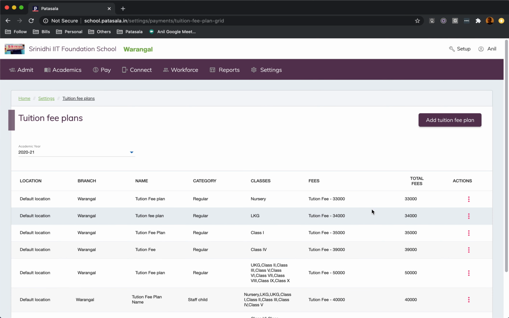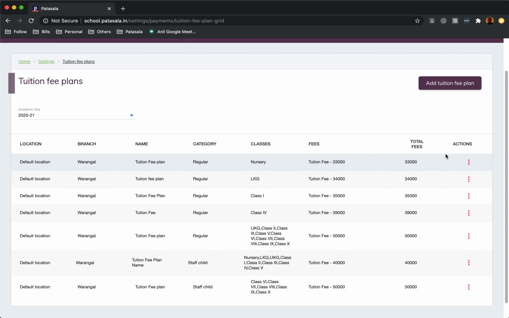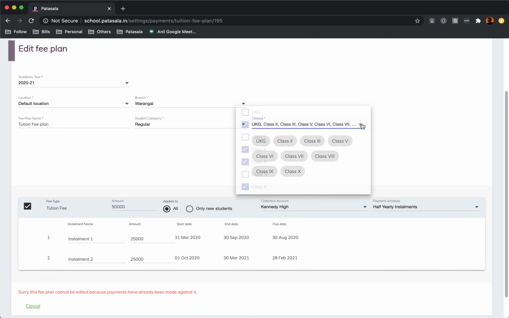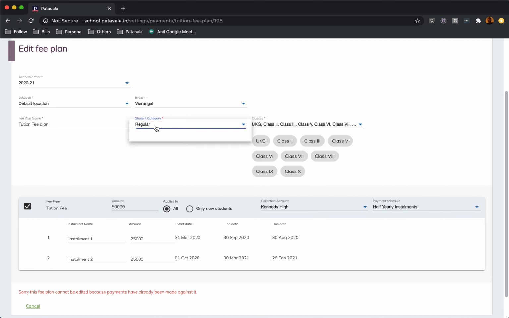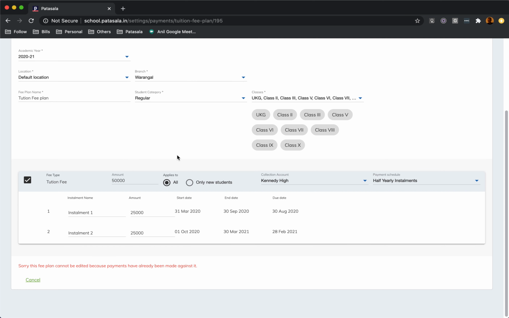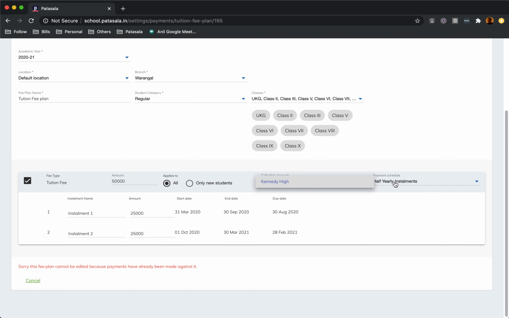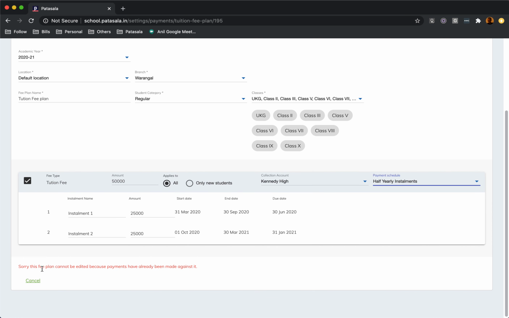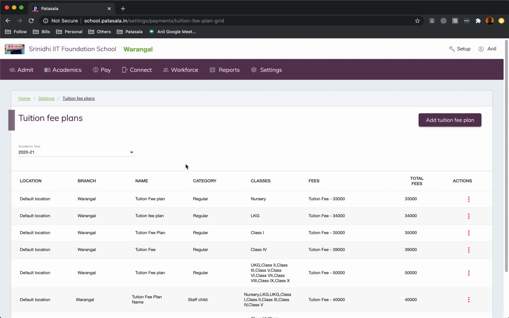Then more importantly, is basically a tuition fee plan, right? If you take a look at one of the fee plans that we have here, for example. And you can say what classes this fee plan applies to. You can basically have the same plan apply to multiple classes, or you can have a separate plan for each class. We have this notion of student categories where you can create discounted plans depending upon if they're a staff child or a sibling, or whatever category, day scholar versus hostler, different types of things you can have. And then you can simply pick the number of installments, basically based on the installment plans that you have, and then create the fee plan, and then assign it to students, right?